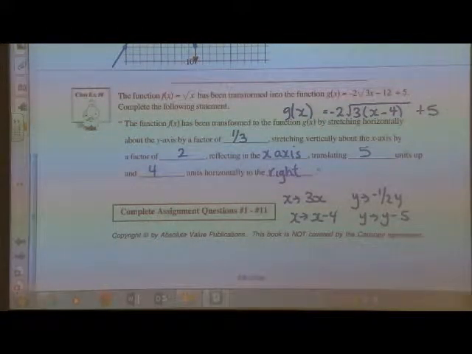So the questions that I would like you to complete for this section, because I gave you questions from 1 to 4 yesterday. So I'm going to add question 6A